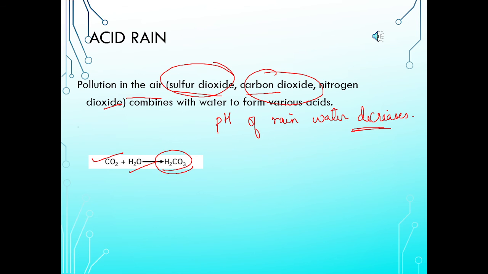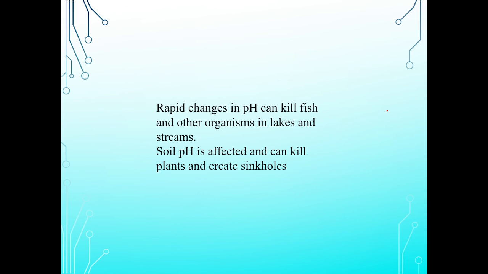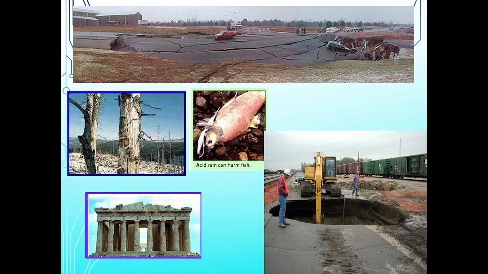Okay. Now moving to next, yeah, this is one more thing. Whenever there is a rapid change in pH, it will kill the aquatic life. Okay, organisms in lakes and streams. This is one thing which I have to tell you about, because I haven't discussed it in the change in pH. So that is why I thought of adding here. Okay, even there will be creation of sinkholes due to the low pH. See, this is nothing but the sinkhole. Okay, so sinkhole, then the aquatic life is damaged, your plants are damaged, your infrastructure is getting damaged and creating the sinkholes. Okay, and then your infrastructure again is getting damaged.